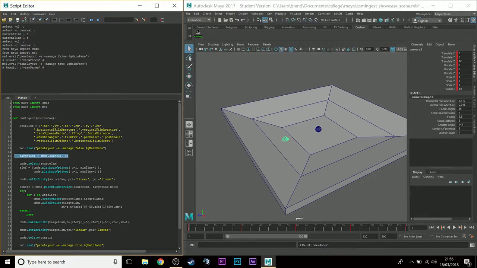So then, once that is deactivated, it creates a camera and assigns that camera to a variable, which we then later use in the tool itself. And after we've done that, we then select the source camera and we use a command here which is playback options. And what this does is it finds, in this case, we're querying the playback option of the min